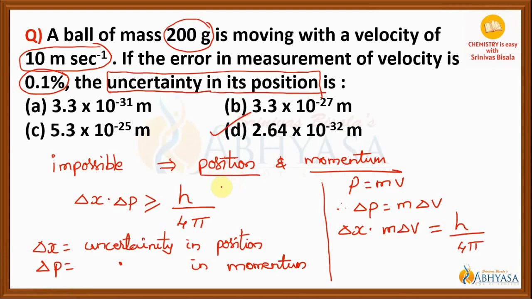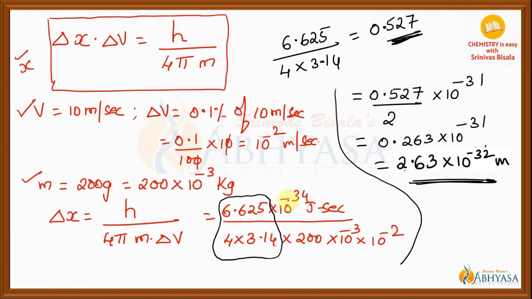The only thing here is simply learning the formula: delta x into delta p is equal to h upon 4 pi. In place of delta p, we can write m delta v, rearrange, substitute all the values, and the important part is h upon 4 pi. After neglecting the 10 power terms, it is equal to 0.527. This is how you can save time while solving the numerical in the final exam. You will hardly get this kind of shortcut, 4 to 5 maximum in chemistry. I am not asking you to learn every calculation by heart. So that is about this numerical.